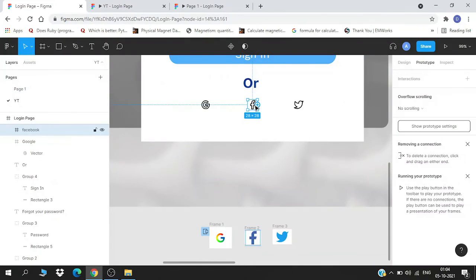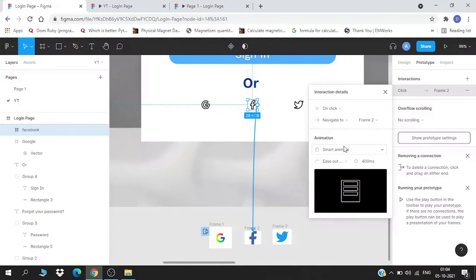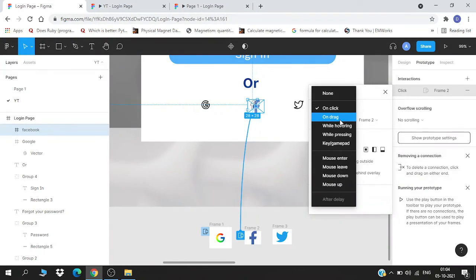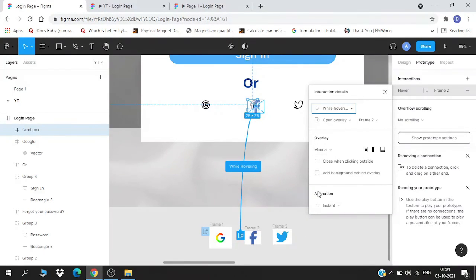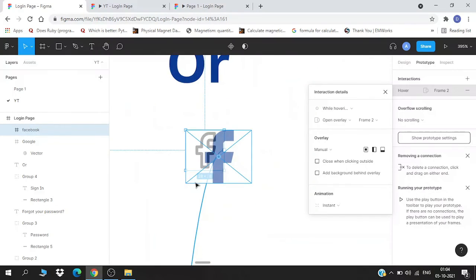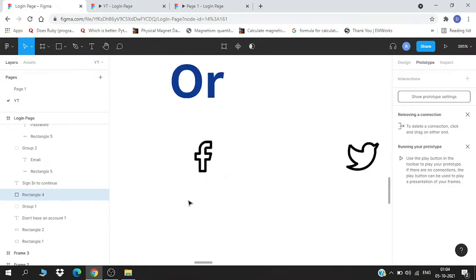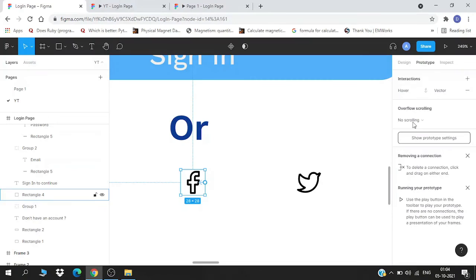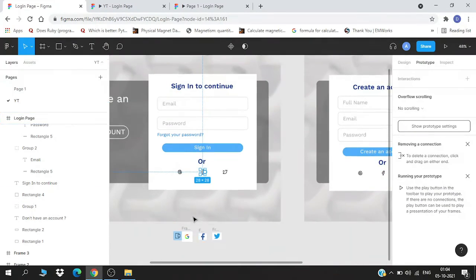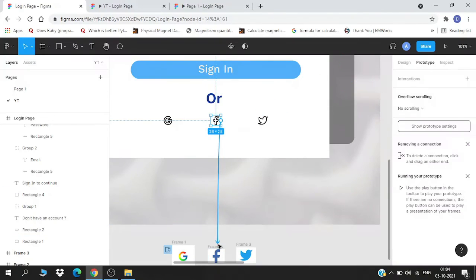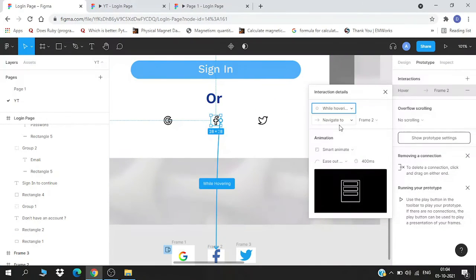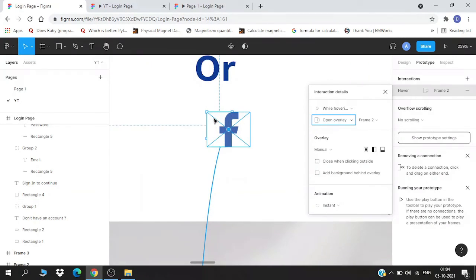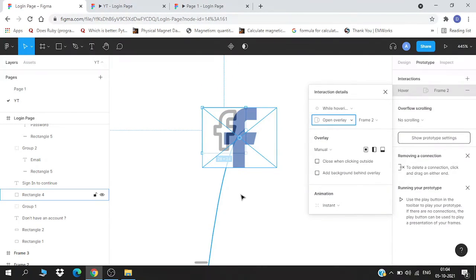Now we'll do the same with this one. Open overlay, while hovering, and manual. What happened? Oh, we will remove this and do this again. While hovering, open overlay, manual.